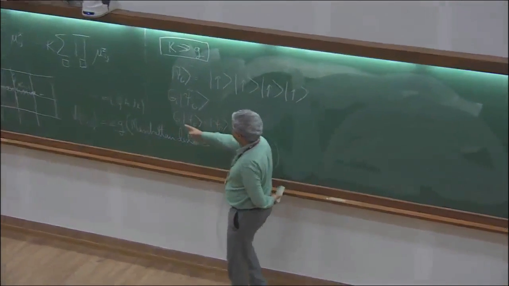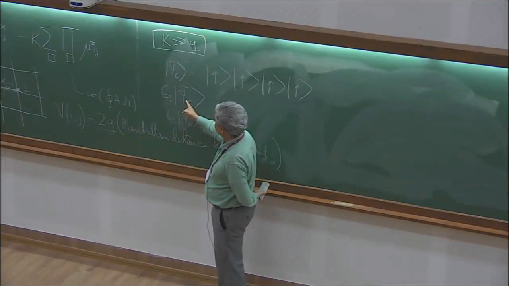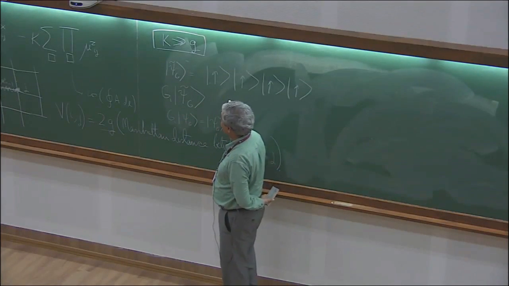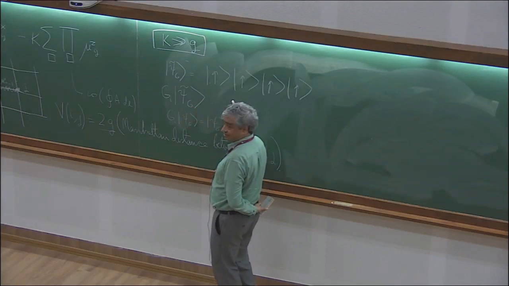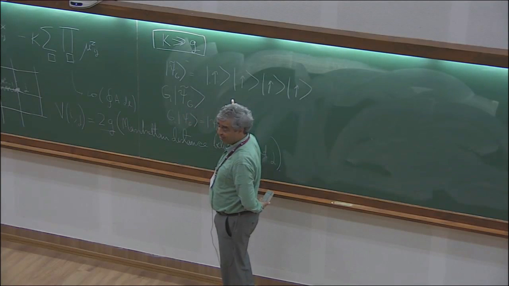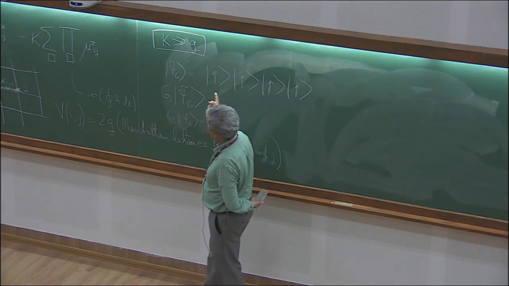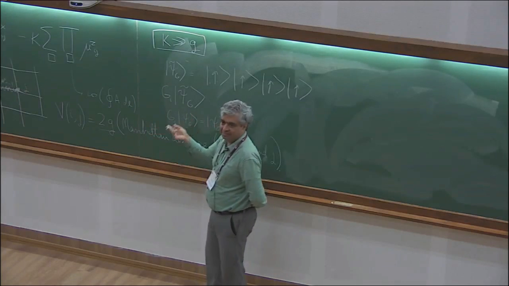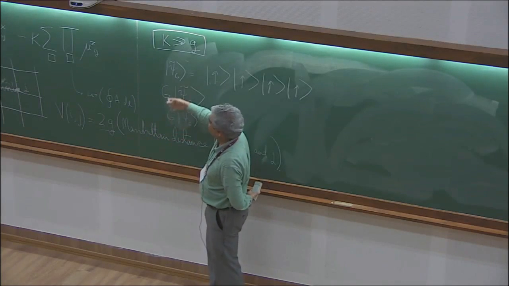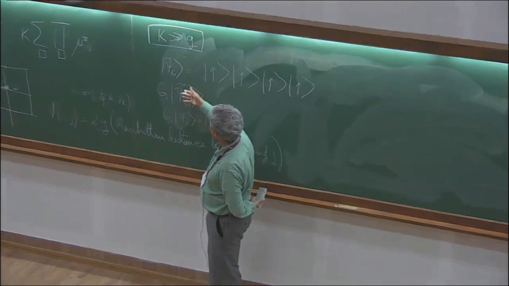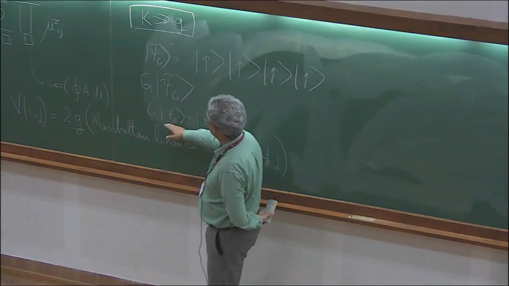But Gi acting on psi tilde G is going to give me some other state, as we'll see. Now, one thing I'm sure of, whatever I get over here, that state has the same energy. It has to have the same energy because G commutes with H. So here, I'm finding this holds for any G. So in fact, I have some degeneracy in the ground state. And this is not a particularly good wave function as far as this condition is concerned.